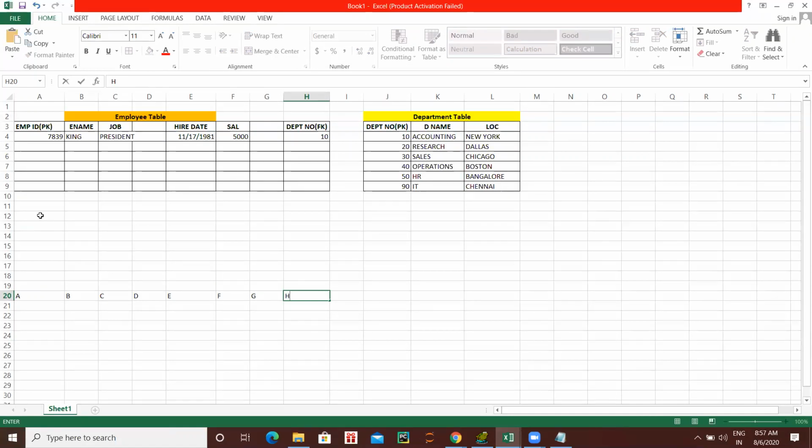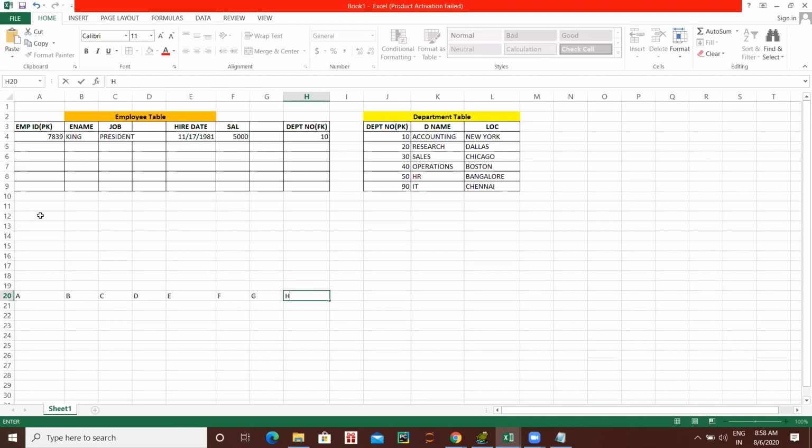So how many join conditions do you need here? A to B you have to join one condition, B to C 1, C to D 1, D to E 1, E to F 1, F to G 1, G to H 1. How many total? 7.